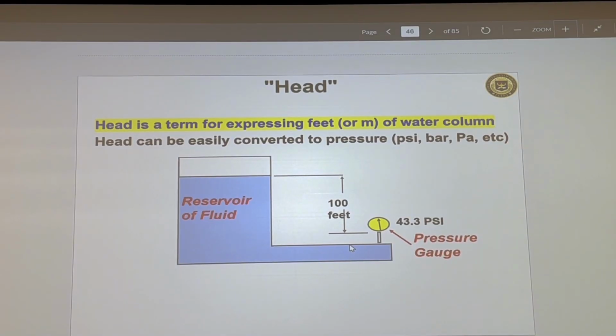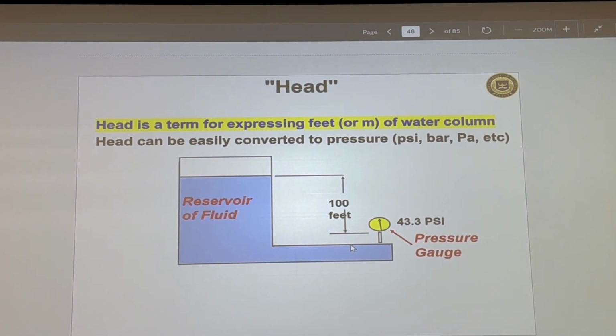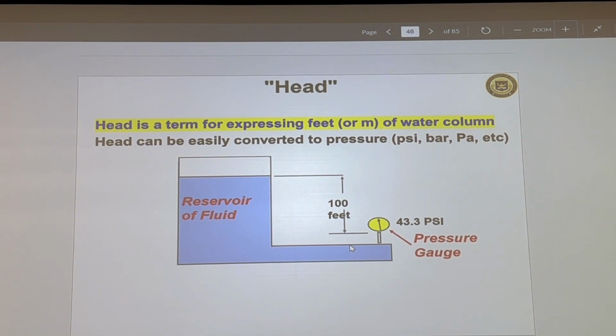Okay. Another thing is pressure, head. Head is expressed in terms of feet of water or meters of water column. So that's how you say it. Head and pressure are all interchangeable. Head can easily be converted into pressure, so you multiply with the conversion. If you have a 100 feet tall reservoir, it will show 43.3 psi. So the relationship is 100 feet of water is equal to 43.3 psi. So you use that conversion factor